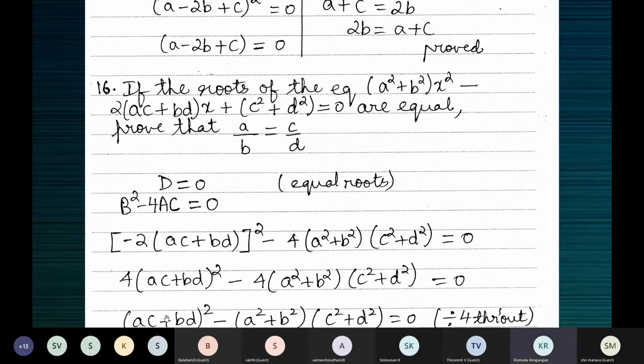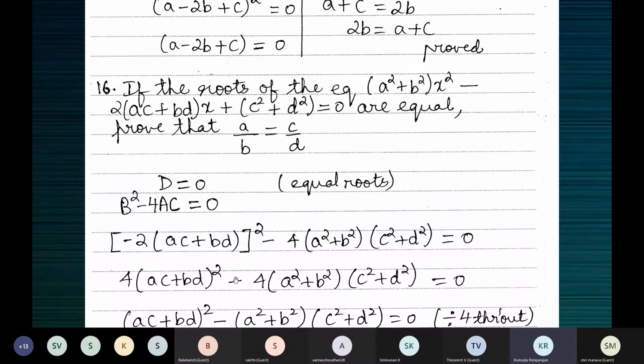Divide this term by 4, you get this. This is one term. Only a plus or a minus separates terms. These are not 3 different terms, because terms are separated by a plus or a minus sign. This is 4 into a square plus b square into c square plus d square. It's a product.